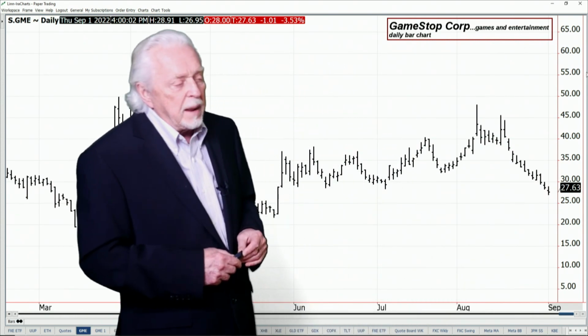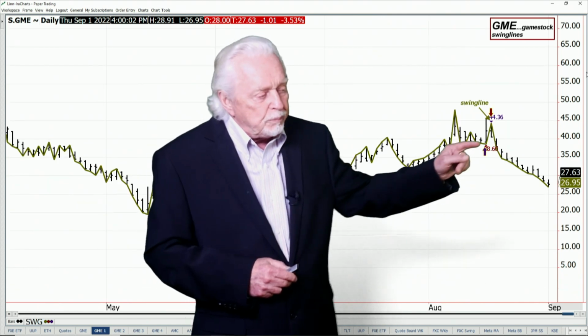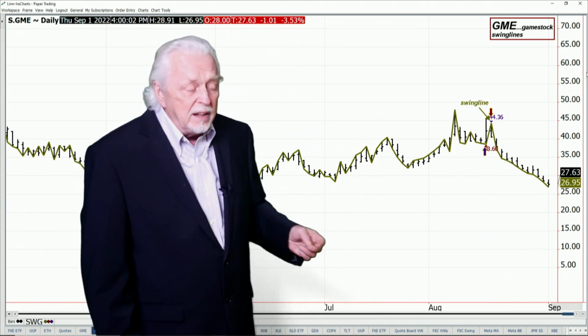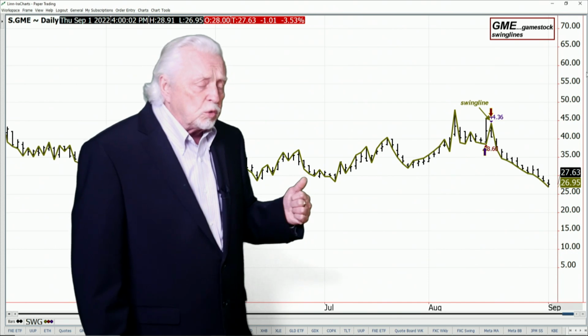And when you look at GameStop, I just want you to realize every single day we're having a lower low. It's really an unusual event. You see how this looks right here on the swing line. Each low is lower. Now on the swing line, that brown line, if you take my full charting course that's on our website under education, you learn what that study's about. It is the mainstay of what you do.